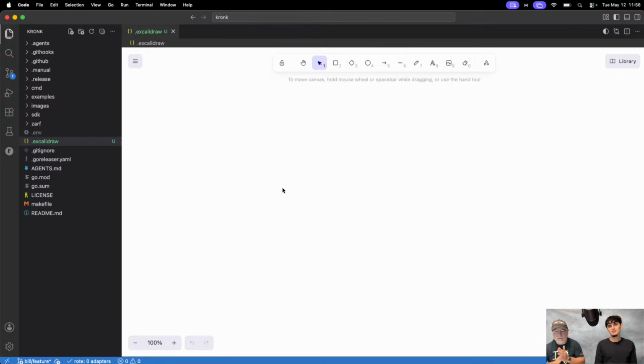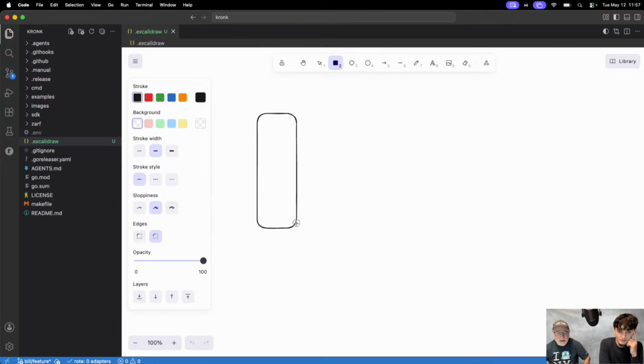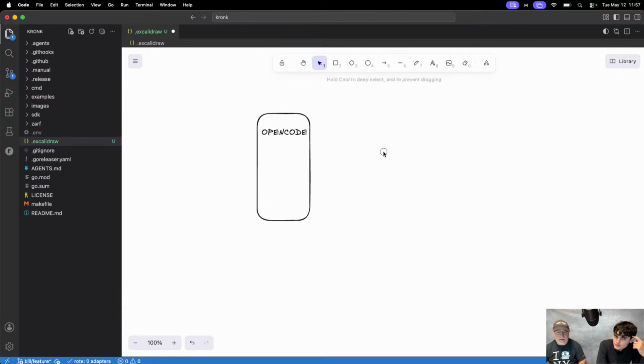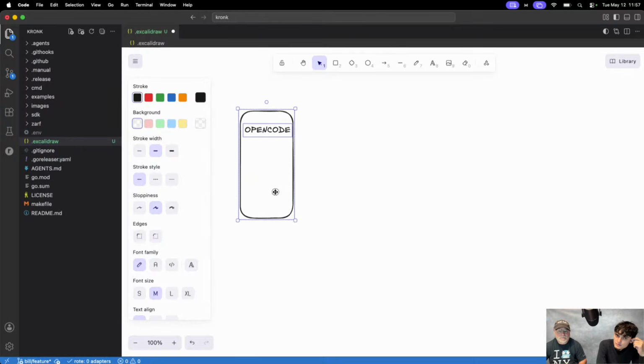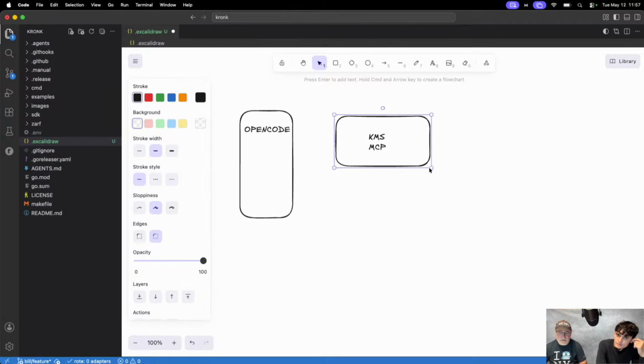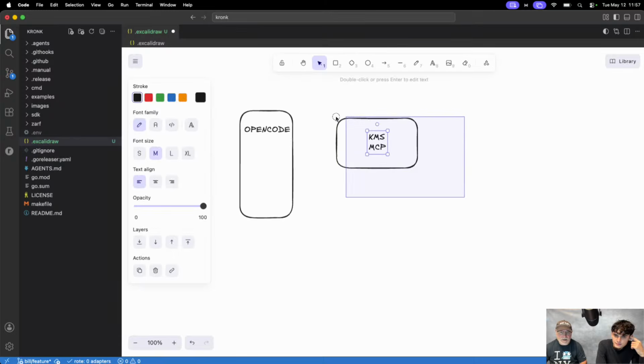Okay, that's so interesting. What have I shown you so far, right? I've shown you that I have this agent called OpenCode. It could be any agent that you want to work with. This is some application running on my machine. It's my agent, doing all those things that agents do. And it's communicating now with KMS, right? KMS has inherently an MCP server as well. They could be separate machines, but right now they're not.